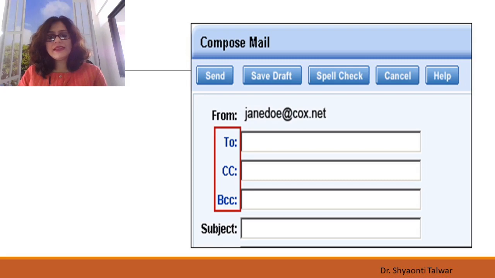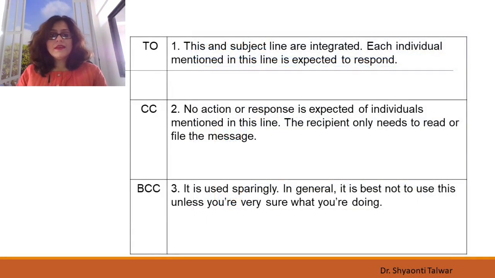And here you can see this is From. So this is the person who is writing or sending the email, right? So what does To signify? So this and the subject line are integrated. Each individual mentioned in this line is expected to respond. Do you think so? Well,